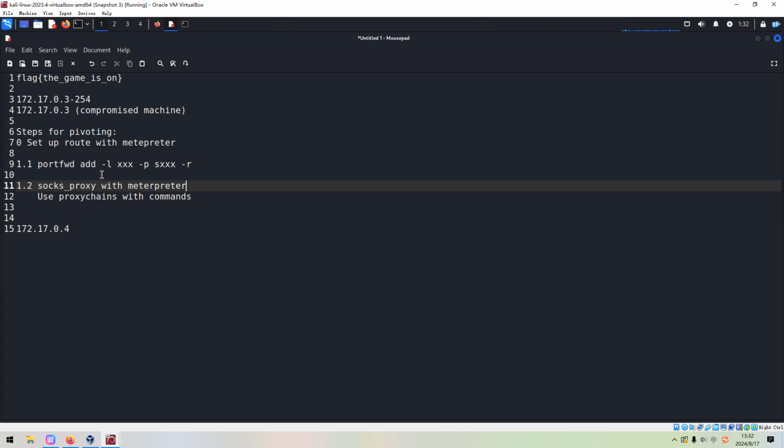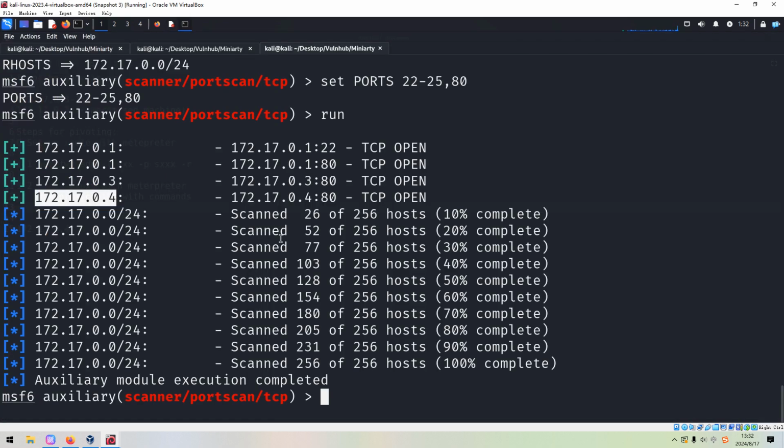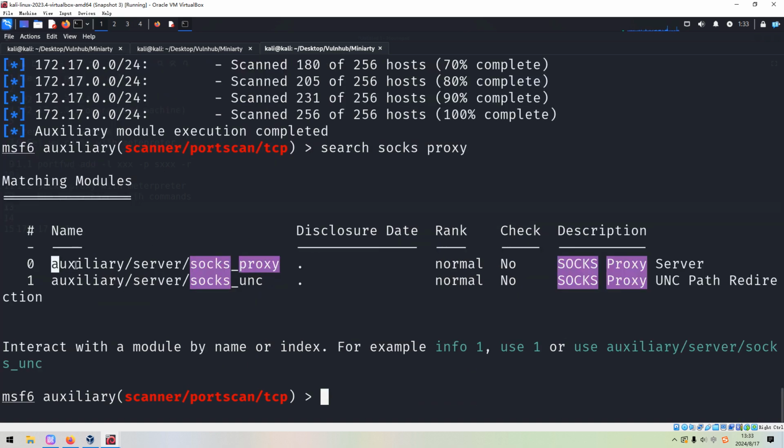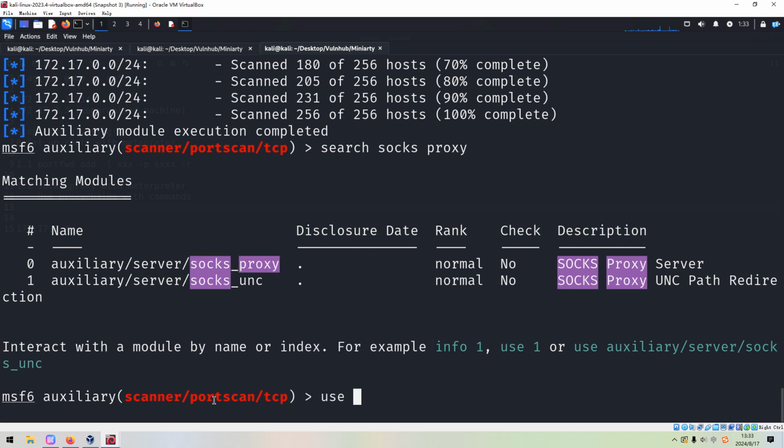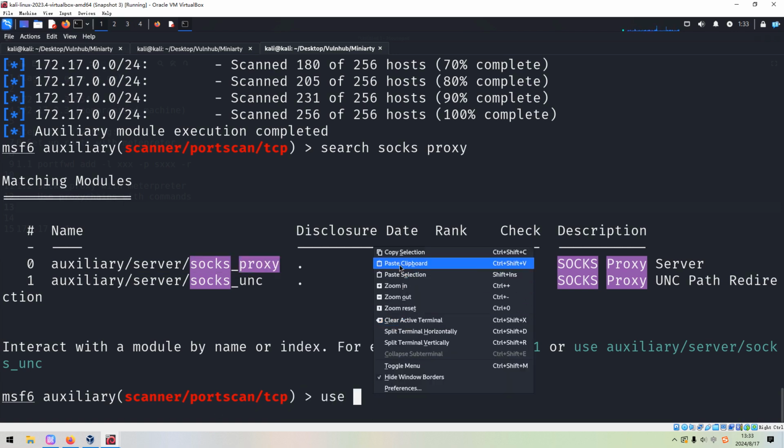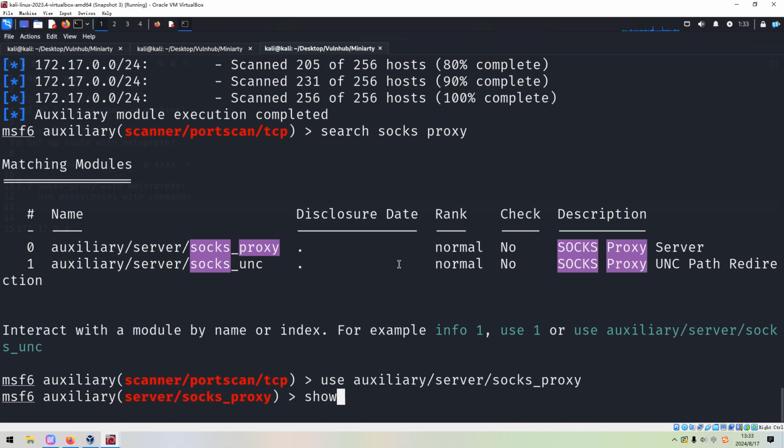Next, I'd like to configure the socks proxy. Let me show you. We can search for socks proxy, and the first one is what I'm looking for. We can use it, paste it over here, and show options.